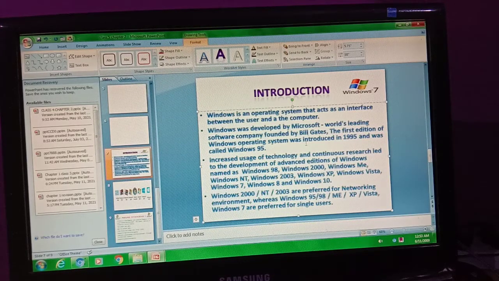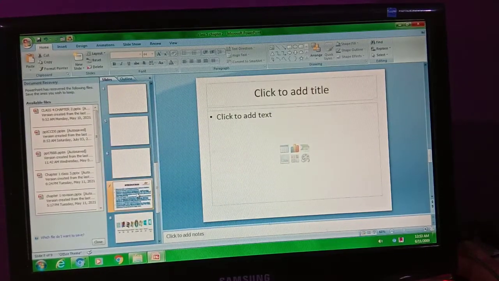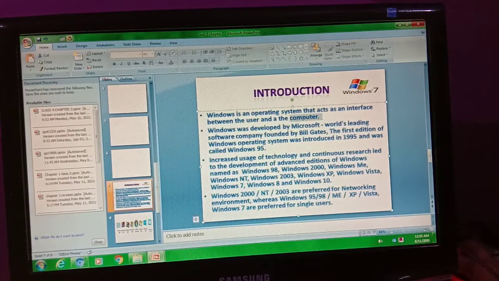Now moving and copying of text I already explained to you. There is a difference between moving and copying. For any copy or move, we need to first select.